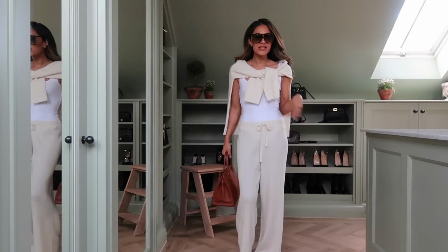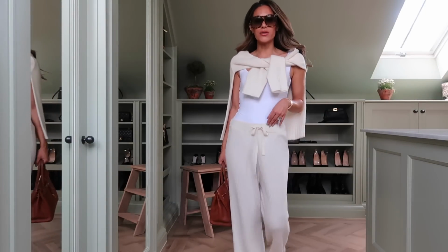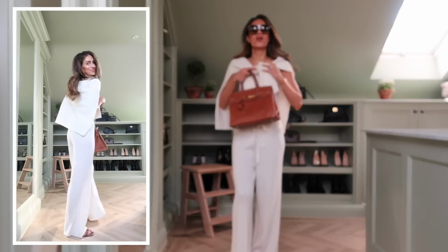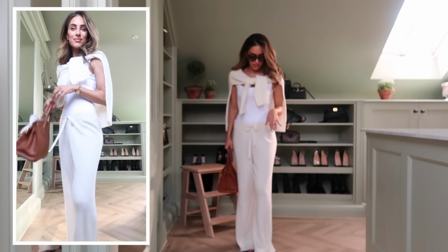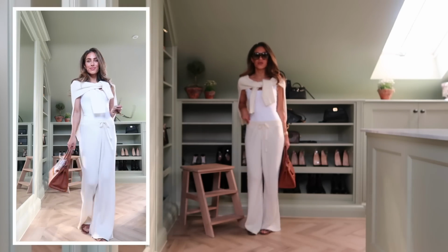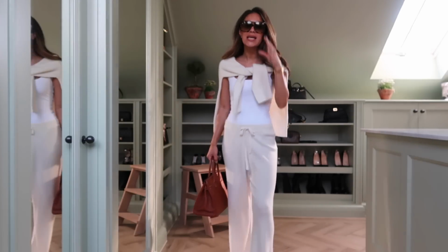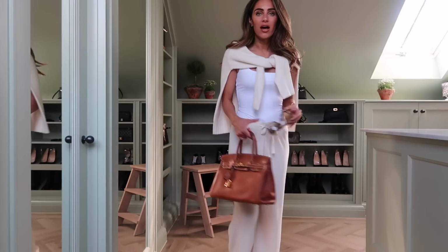Okay, I actually thought that these were going to be more of a high-waisted, but I kind of love them a bit low slung and relaxed. I've popped it with a really seamless bodysuit from Reiss, just so that it's got a nice neckline and it still feels quite smart. I popped it with tan sliders because I feel like you can't really go wrong with tan sliders and a cream outfit, and then a classic tan bag as well, some bougie sunny glasses, because usually if you wear something like this to the airport, you kind of want to hide your face a little bit